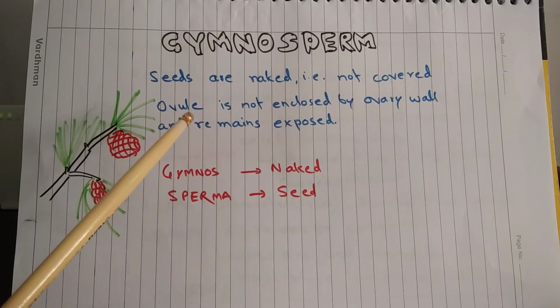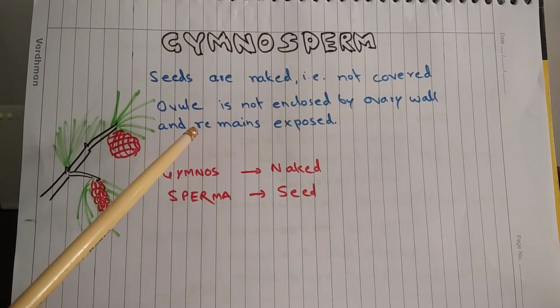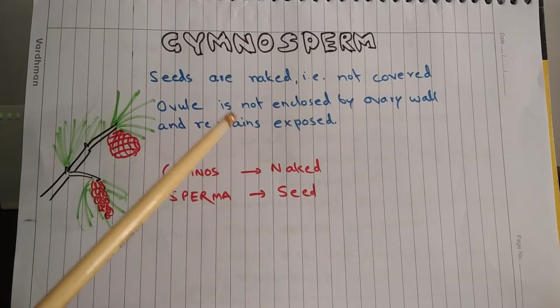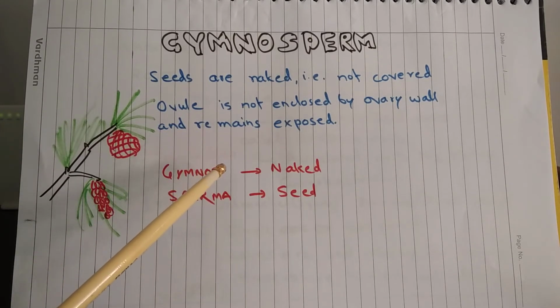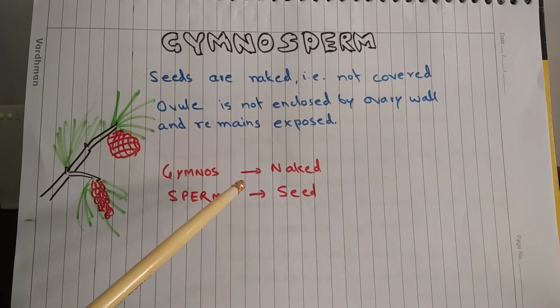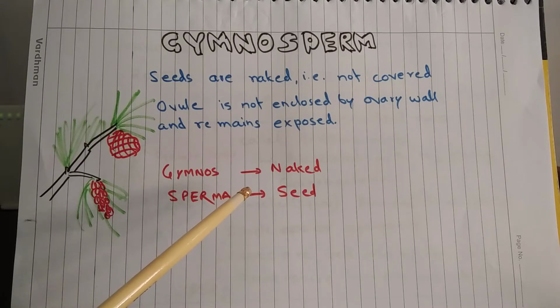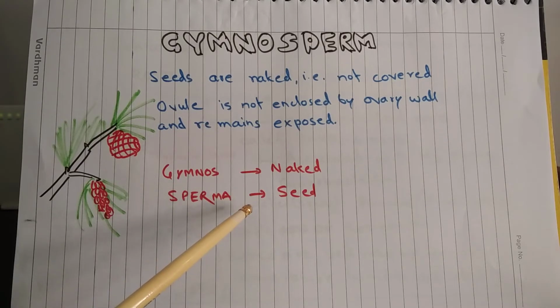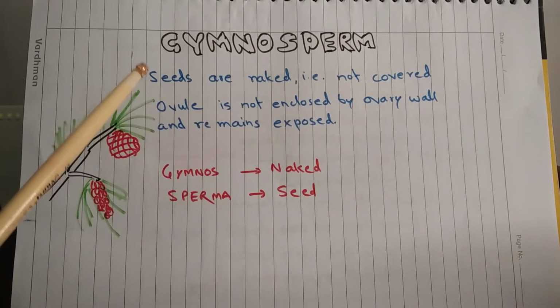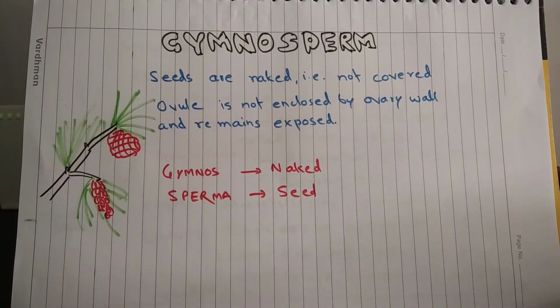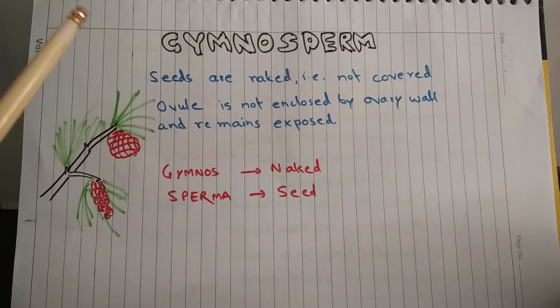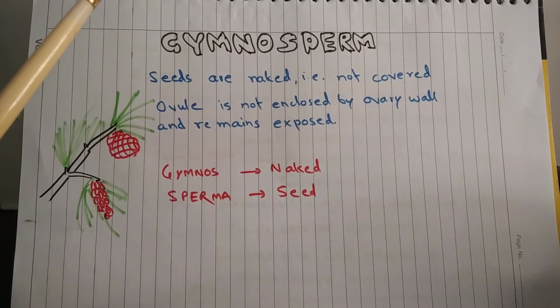So, this is entirely different compared to angiosperms in which ovule is covered by ovarian wall and seeds are covered. That means seeds are more protected compared to seeds in gymnosperms. Both gymnosperms and angiosperms are seed bearing plants, and that is why they are kept under phanerogams. The earlier plants like pteridophytes and bryophytes or algae do not produce seeds, and that is why they are